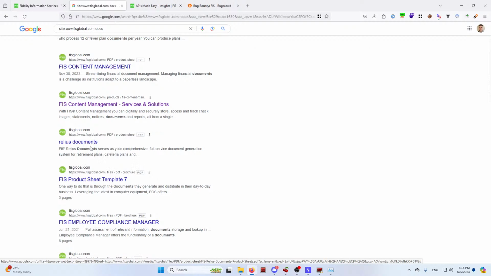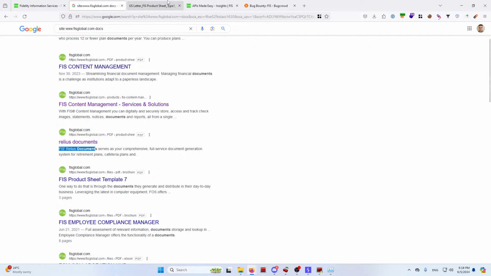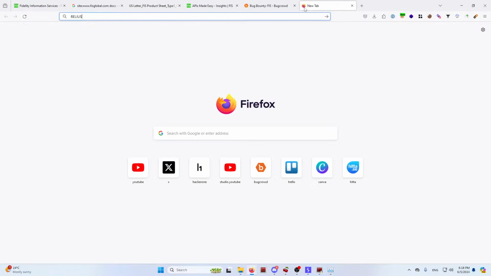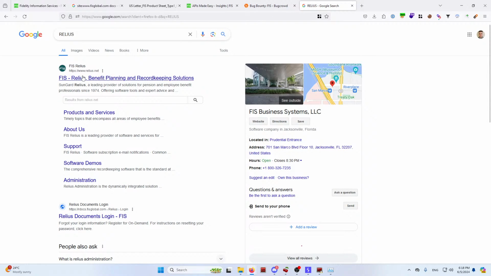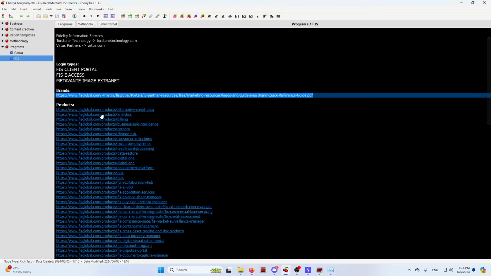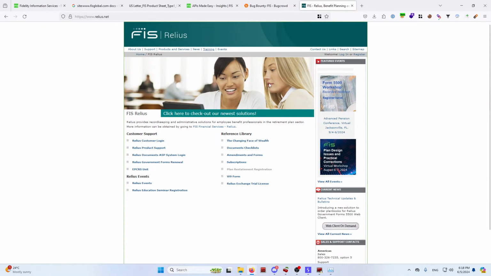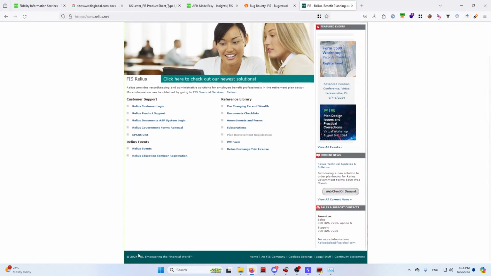You see, like Relius documents, FIS Relius. I think there is a product of FIS. Let's see. Yeah, you see the FIS logo, but Relius.net is the new apex domain. It looks pretty old, and you can try to do this. And also about Google Dorking, you can try to copy their